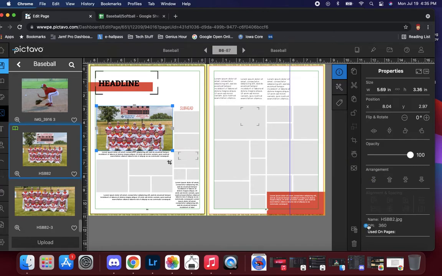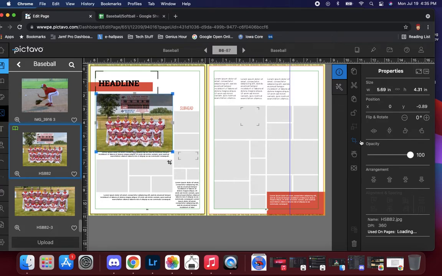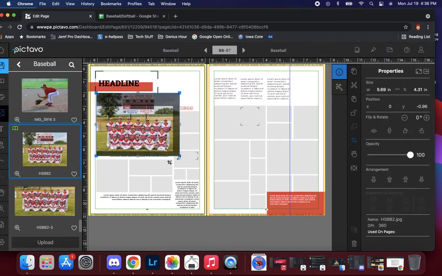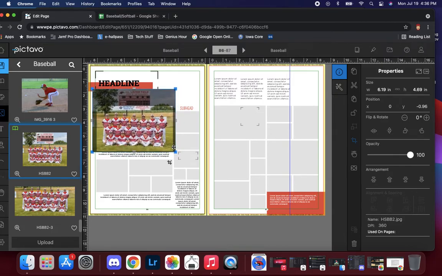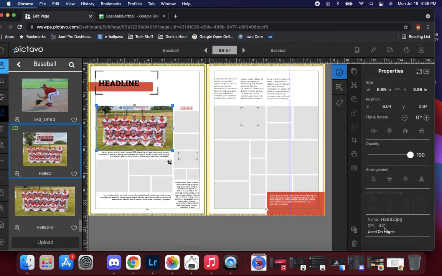But I wanted to show you down here the DPI. DPI is dots per inch. And so the more dots you have, the clearer the photo is, and it's going to be less blurry. The rule of thumb is generally above 300, and you're good to go. So I can click the crop button over here, and I can move this photo around. I can even make it a little bit bigger, so that way it's a little more centered, and I can go that way. Okay. So now we're still at 331, so it's still above the DPI that you want, but